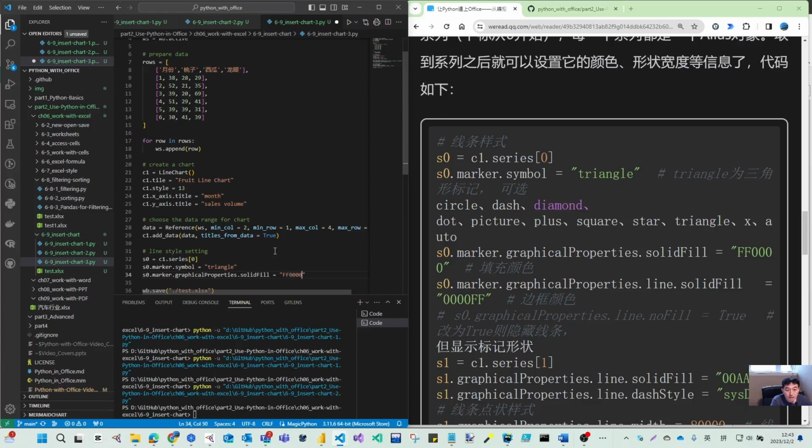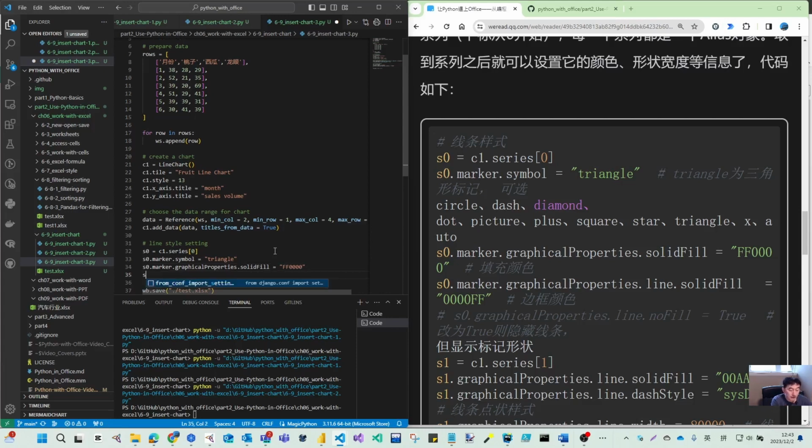So 2F40, you remember RGB, so that should be the red, and then no green, no blue, so that is purely red. So we give this marker a red fill, and also as series 0 marker